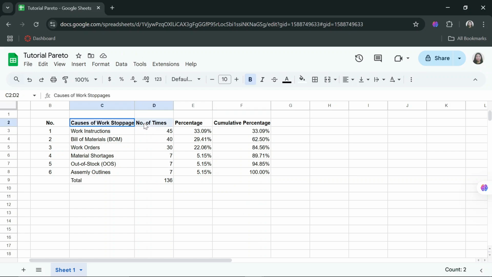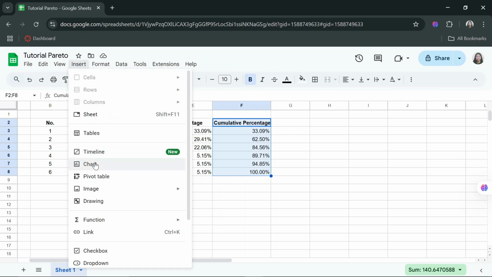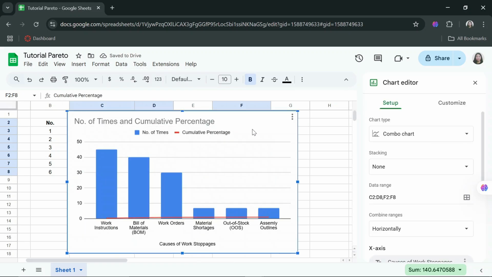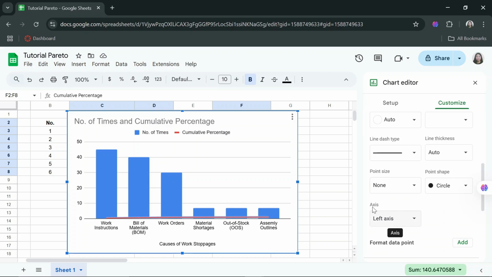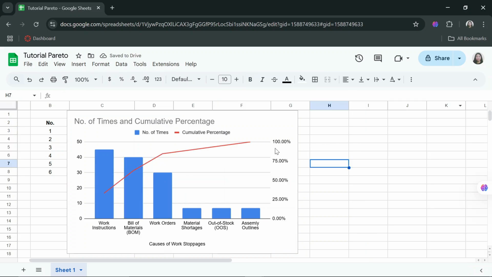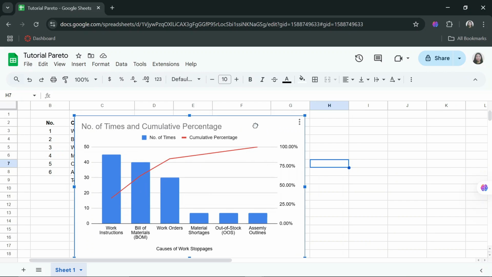Next, what you want to do is to highlight these two columns again, then hold the Control key and highlight this column as well. Next, you click on Insert and select Chart. Once we have the chart, you select the line, the orange line here, and scroll down and change the axis into right axis. And that's how we make the Pareto chart for this